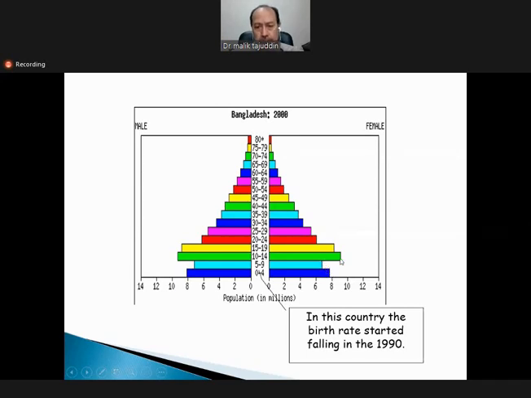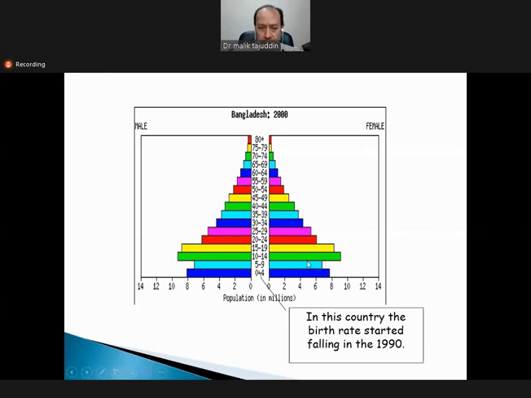If you see the population pyramid of Bangladesh in 1990 here, this is a typical population parameter of a developing country, being pyramidal, being conical, and the concavity outward. But what happened was that after 1990, they started decreasing their birth rate. So in this country, the birth rate started falling in 1990, and now you can see fewer people in